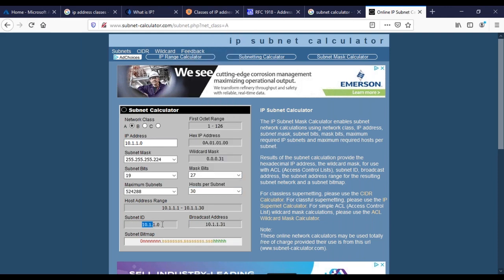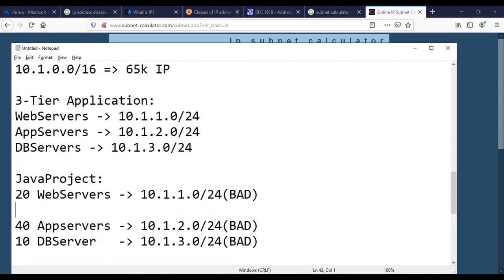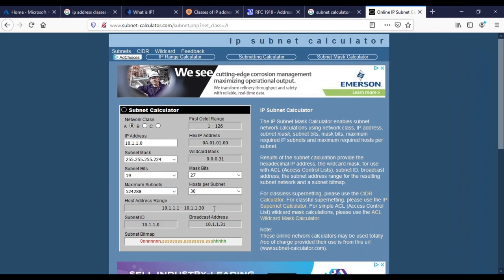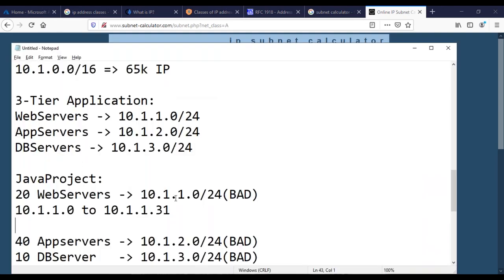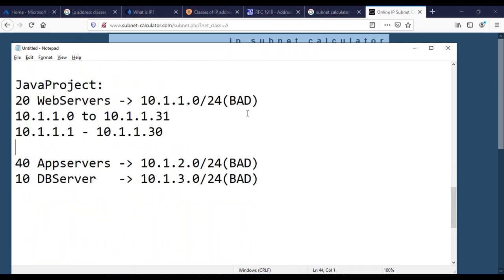You see, this is the IP range, 10.1.1.0 to 31. Here the IP range for the subnet is up to 31. In that one, the usable IPs are shown here. The usable IPs are this range, because this is called the subnet ID, and this is called the broadcast ID. We don't use those, but I'm going to copy this. So that means this is a good way of doing things. This guy asked for 20 IP addresses, I'll give 30 because I can't give exactly 20. At least the remaining 10 you can use as a buffer. Maybe in future you might add additional servers.